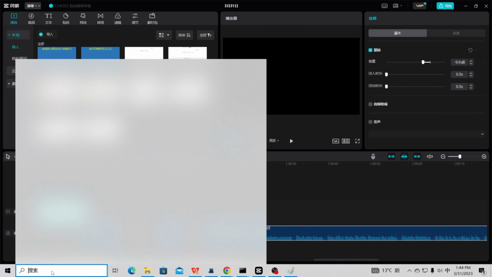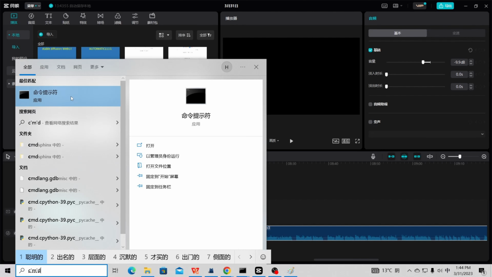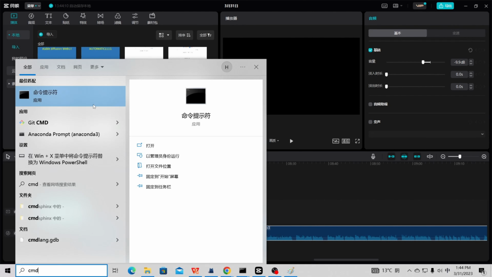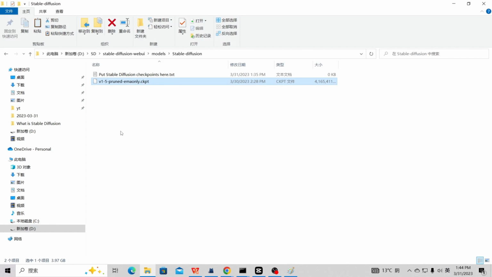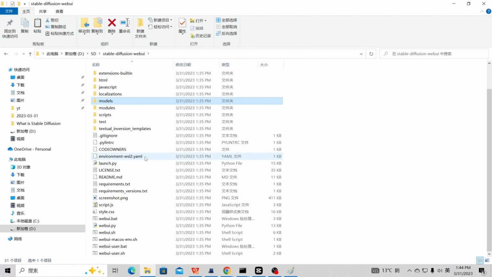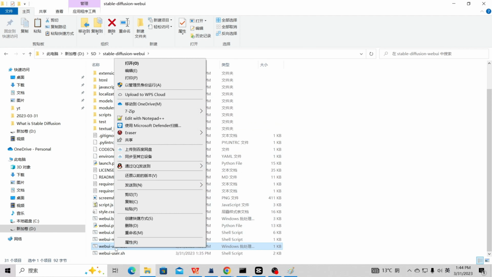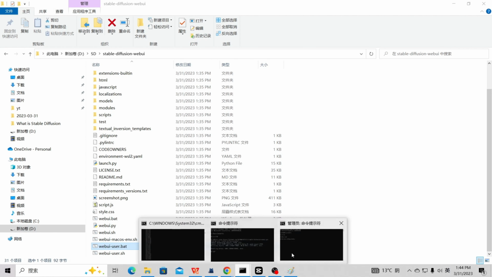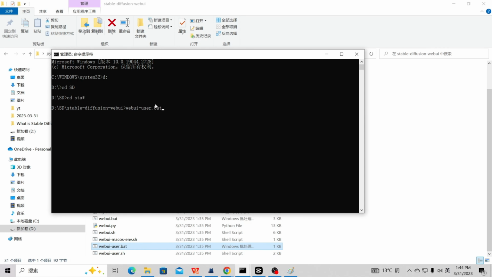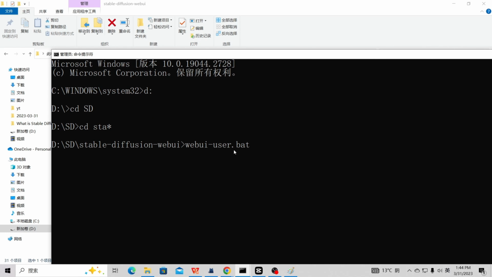Now open a Windows command line window as an administrator. Go to the Stable Diffusion WebUI folder. Execute the command webui-user.bat.